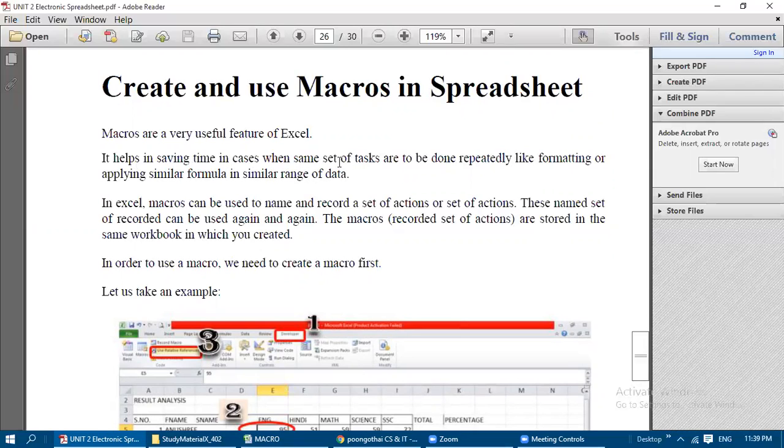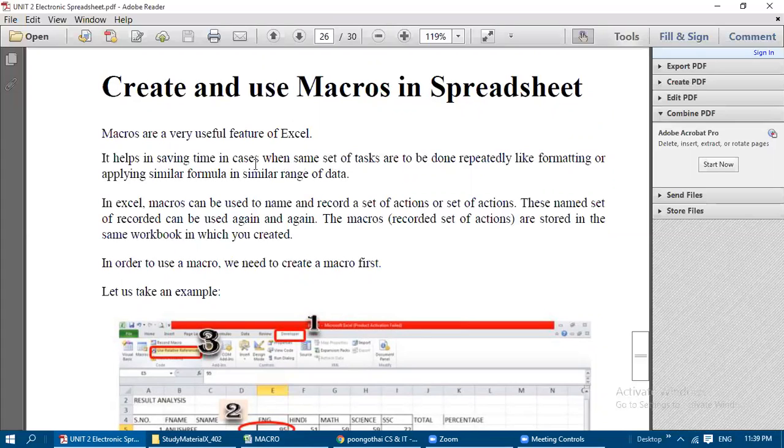If we record that set of actions as a macro, then we can make use of that macro in another file, another work. In the same similar kind of work, we can apply that, and because of that, we can save time.